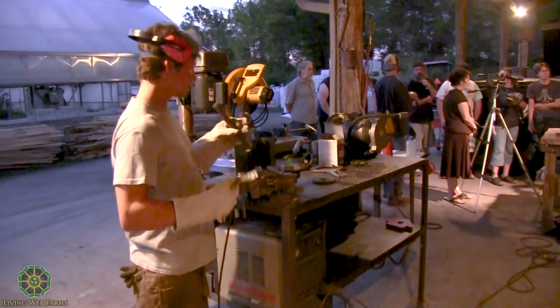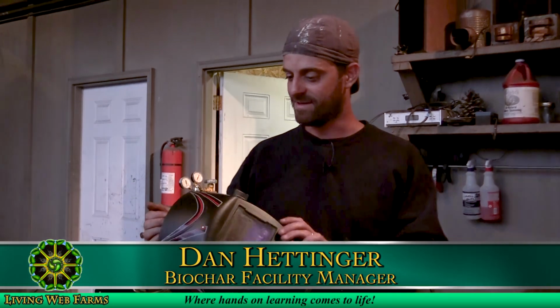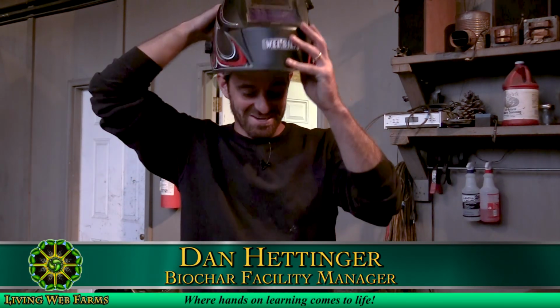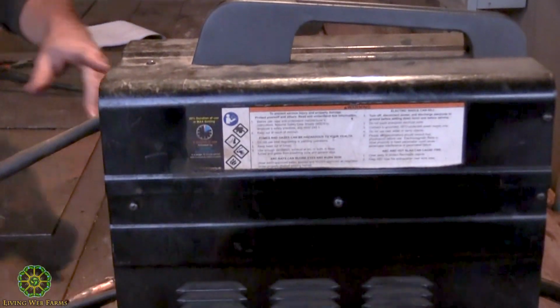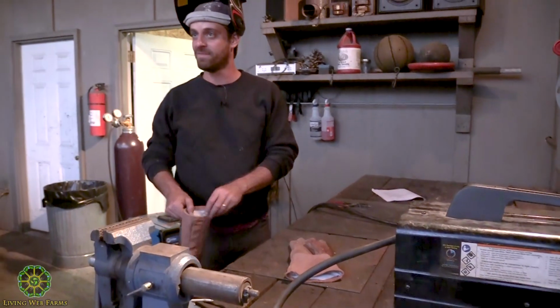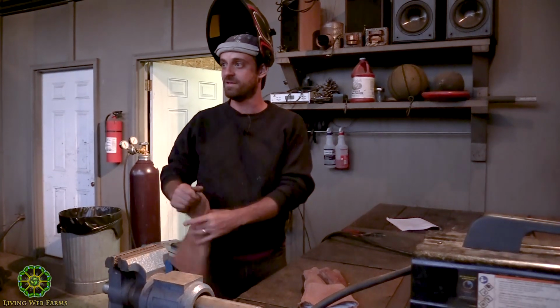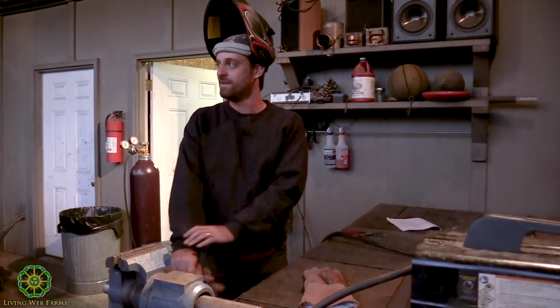Go ahead and send this over to Dan. I'm going to use my fancy auto darkening hood that I got for like 30 bucks, by the way, at Harbor Freight. So they're pretty cheap. Same place we got this guy for $90, which is a steal. I'm telling you, buy one of these and at least dink around for a little bit. You're not going to build the Eiffel Tower or even your front gate with it, but